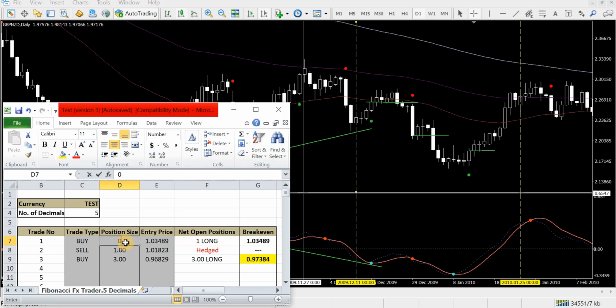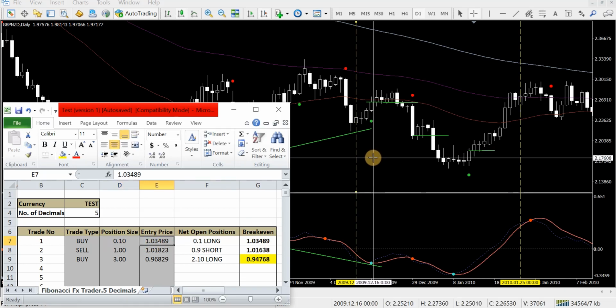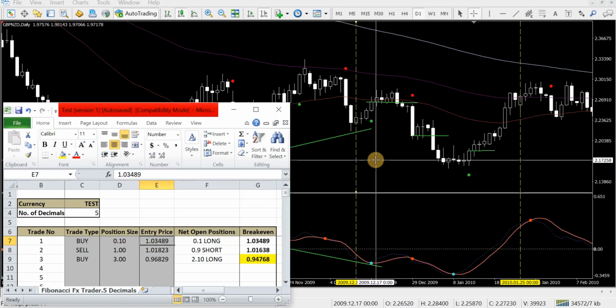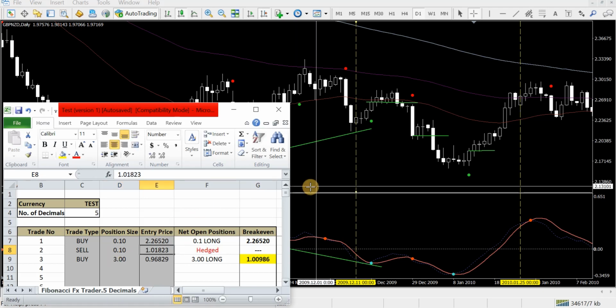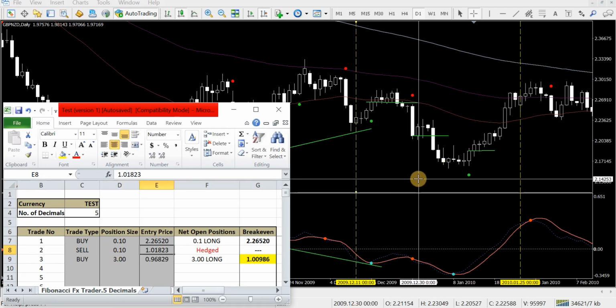So say we use 0.1. So we'll go for the buy. So it's on the open of that candle there. That's 2.26520. Right, sell is going to be the same size, 0.1. And that's on the open of this candle here, which my crosshair's on, so it's